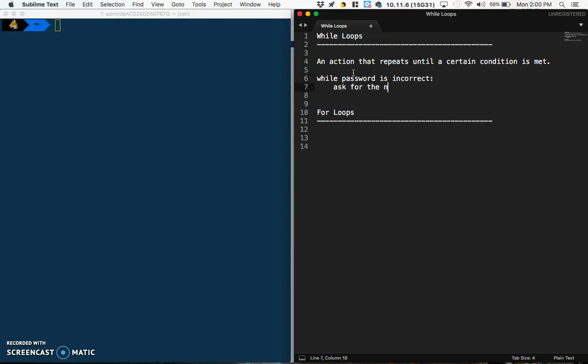Ask for the password. The idea for this while loop is that we keep asking them for the password as long as the password is incorrect. But the second the password is correct, we stop asking them. So this is a while loop, an action that repeats until a certain condition is met, or while a certain condition is true. A for loop, on the other hand, is